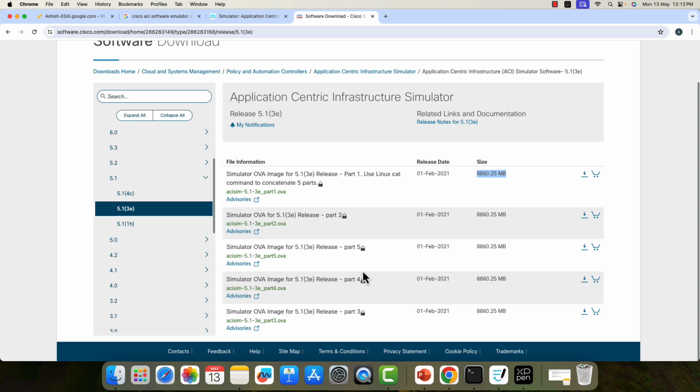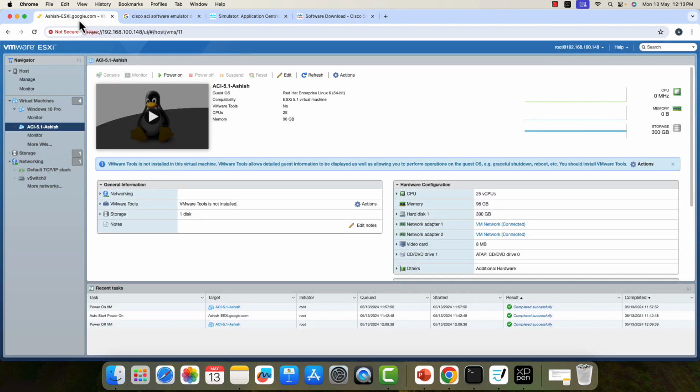This is you have to understand. There are n number of videos on how to concatenate these files, very easy. You can do it yourself as well, not rocket science at all. And I am using an emulator of VMware ESXi, wherein I'm using it as a VM. So this is the version which is present here. I'll click on the power on